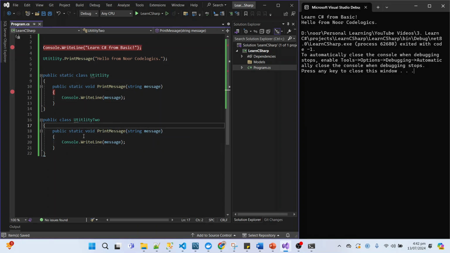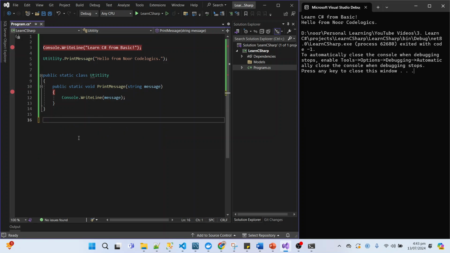You can see it not giving me any error. It means that we can define the static functions, other members inside the non-static class like this one, and also inside the static class like this one. Okay,